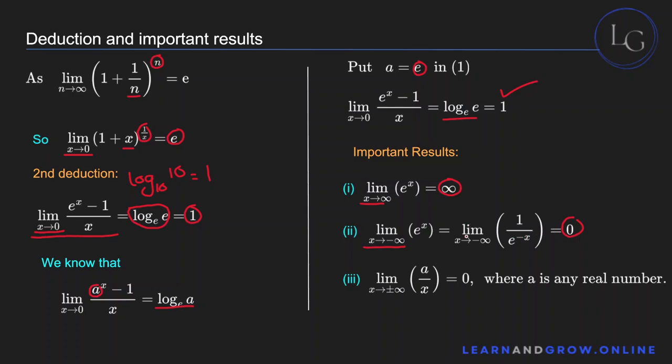So basically, e^x can be written down as 1 over e^(-x), and as x approaches negative infinity over here, it just becomes 1 over e to the power infinity. The negative sign over here and the negative sign over here are multiplied and become positive infinity. So 1 over infinity is equal to 0. And this over here, as x approaches positive or negative infinity, in any case, will give you 0, right? And a is any real number, it's just a constant. So yeah,